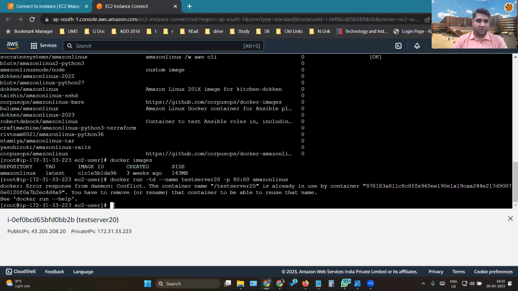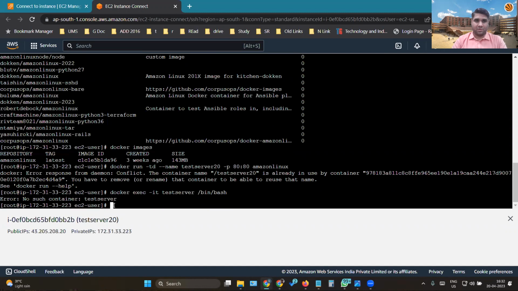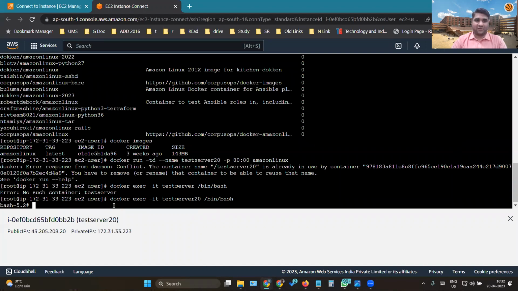Okay, the container is there now. Okay, small mistake, as I said, 20, I missed out. As soon as I said 20, it's there now.